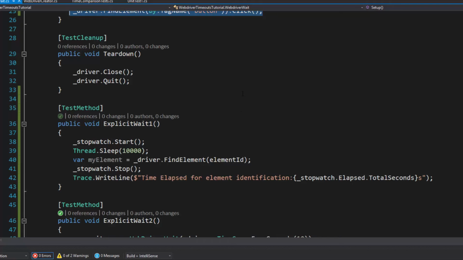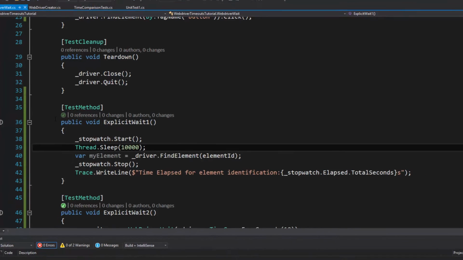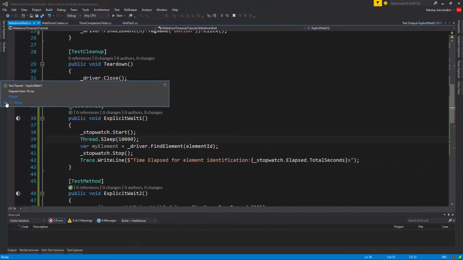So the very first example that I want to show you guys of explicit waits is this Thread.sleep. It is the worst example by far of an explicit wait because you should never use it. This is exactly the same thing as an implicit wait, except you're literally just hard coding how long a test is going to wait for an element to appear. And so if we run this test,